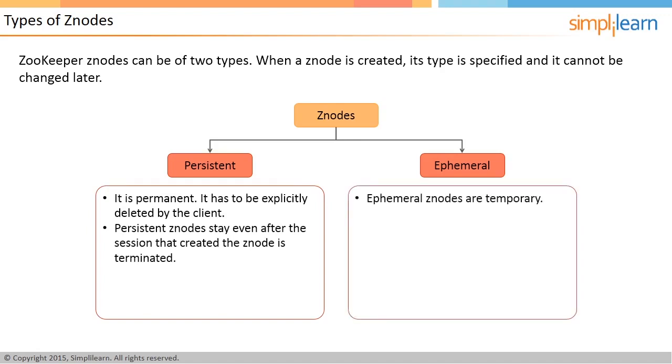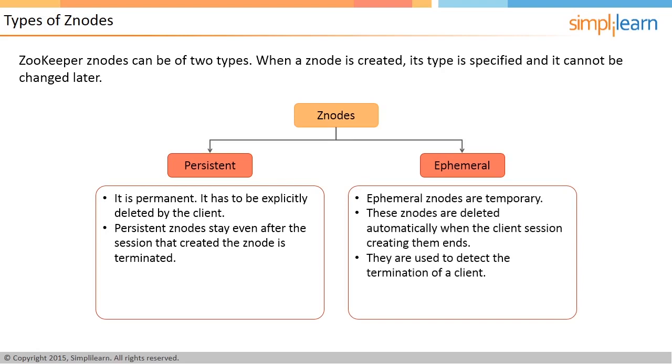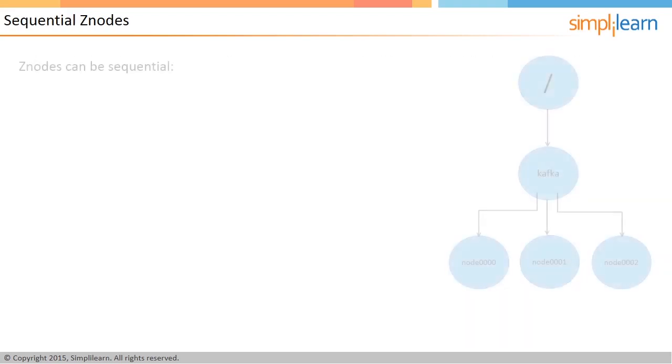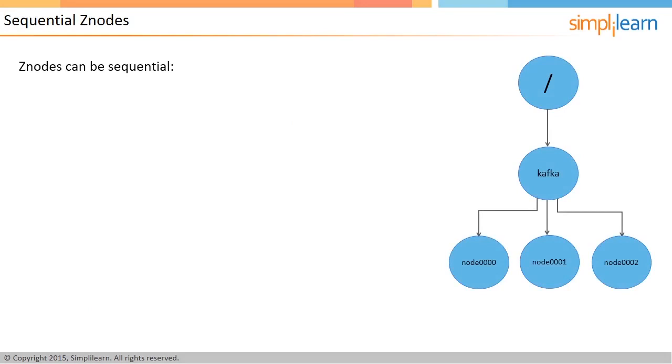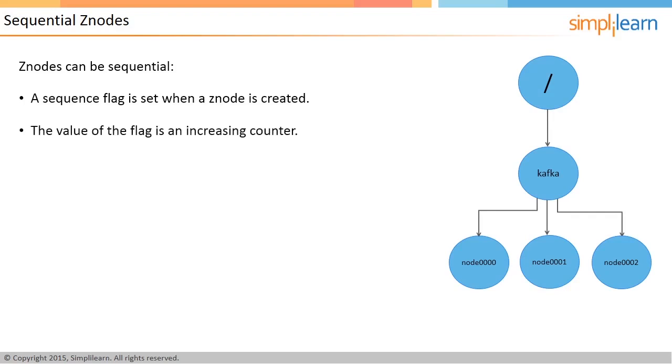Znodes can be sequential. To do this, you can set a sequence flag while creating a znode. The value of this flag is an increasing counter. The counter is maintained by the parent znode for sequential znodes. The sequence number is appended to the name of the znode. Sequential znodes are used to specify ordering of the znodes. In the diagram, you can see that under the /Kafka parent, 3 sequential znodes, node 0, node 1, and node 2